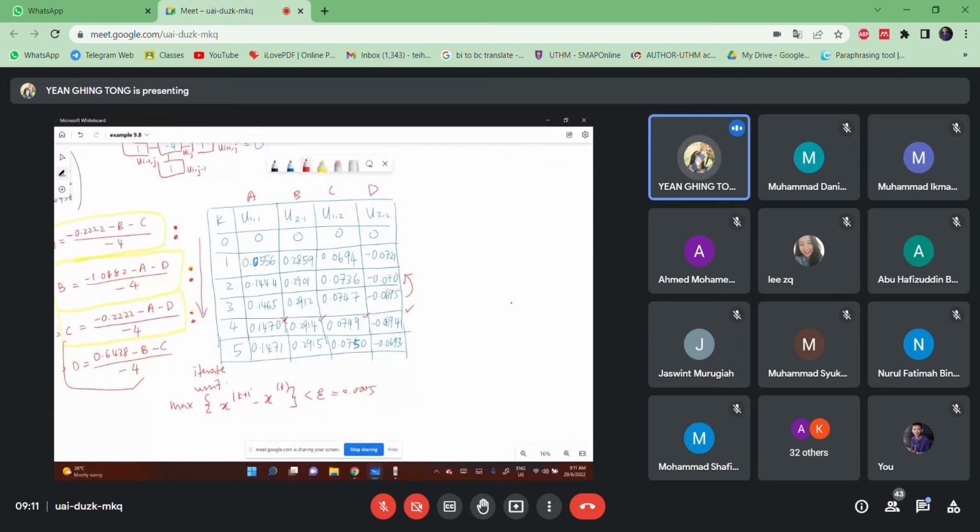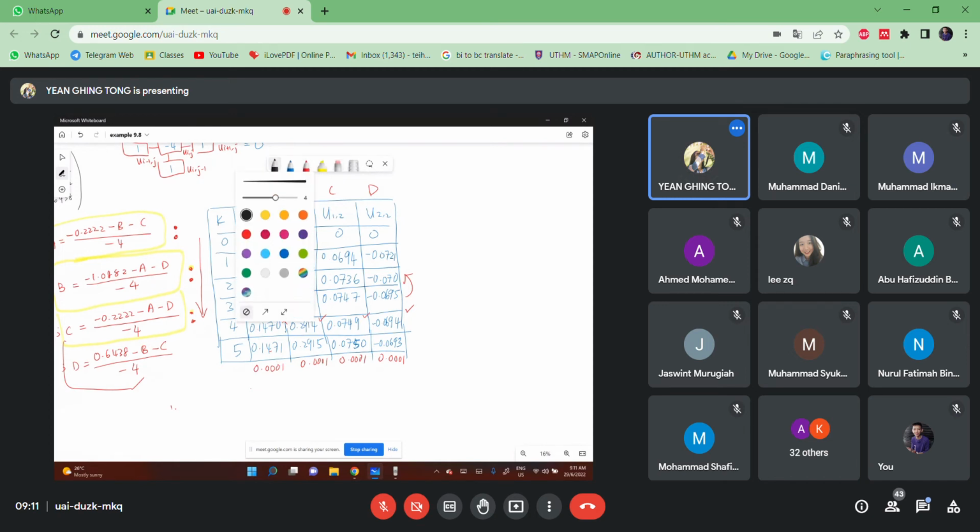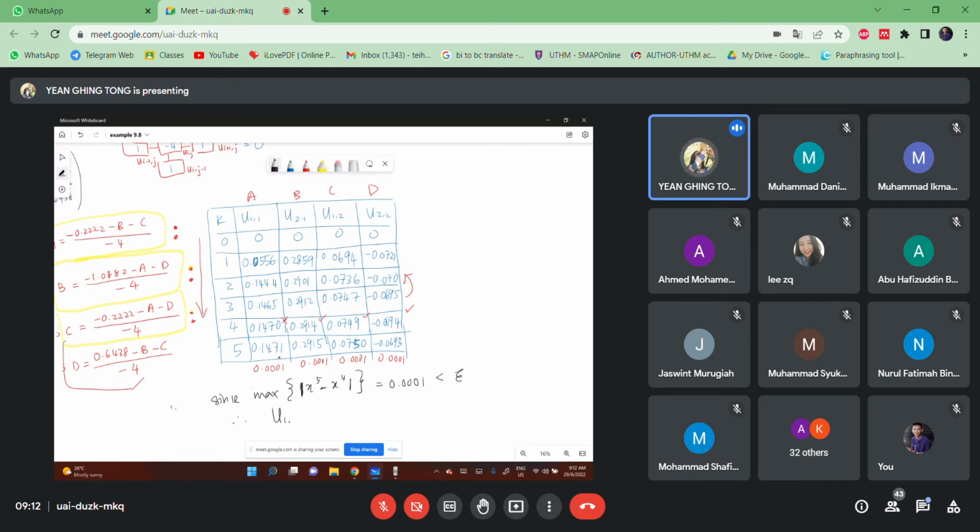Okay, so you look at here, the difference is 0.0001, 0.0001, 0.0001. So out of here, all the maximum is 0.0001, right? So that's right. The maximum of x minus x4 in modulus is equal to 0.0001, less than epsilon. So therefore U11 is equal to this value,